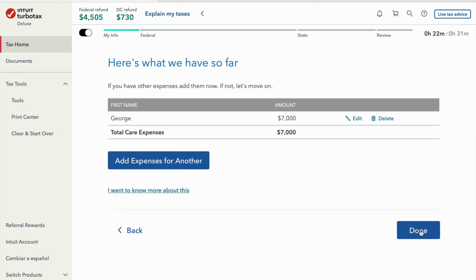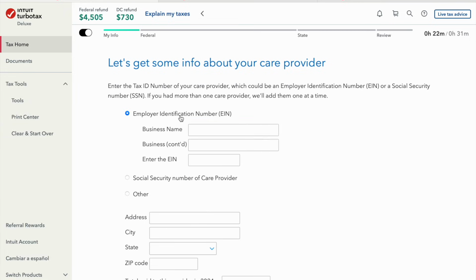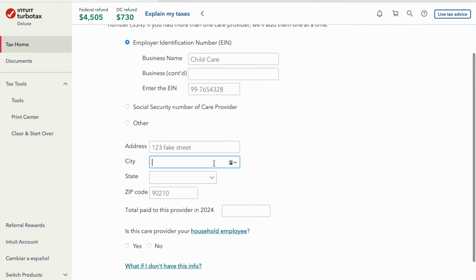And we were eligible for a portion of the credit. Again, it's going to want the EIN number of the business name. So we're going to say child care and then the EIN number. So we're just going to say 99123455. Oops, missed a digit. That's perfect. And then we'll say 123 Fake Street. And then Fake City,